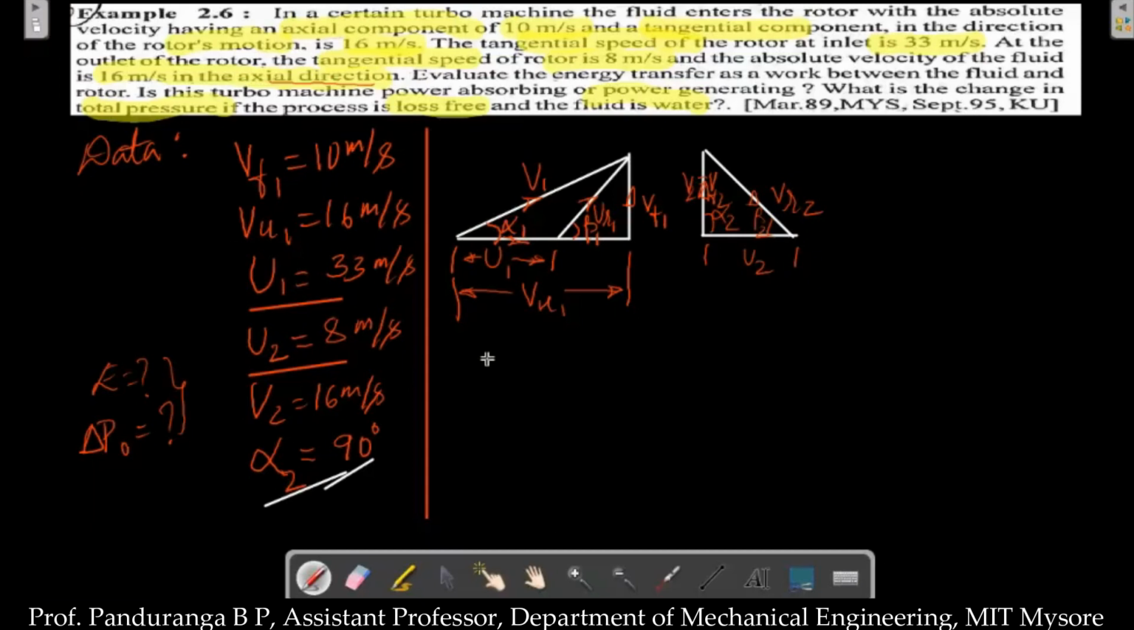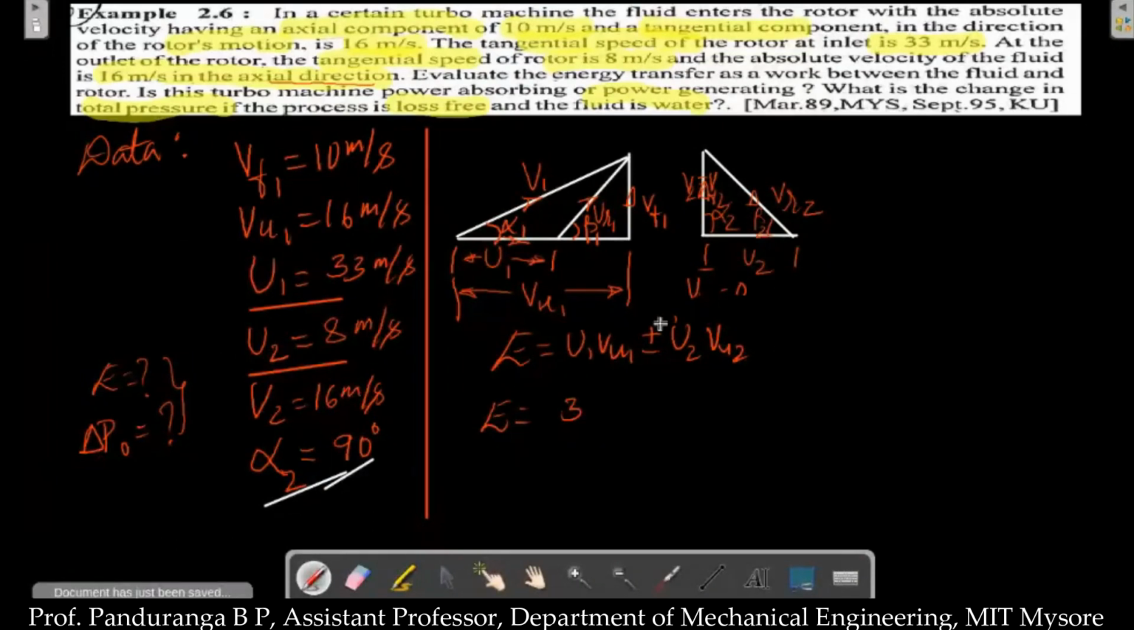We know that energy transfer is given by E equals U1 Vu1 plus or minus U2 Vu2. Here Vu2 is 0, because of that we don't have the second term. The energy is U1 Vu1. U1 is 33 multiplied by Vu1 is 16 meter per second. So energy transfer will be equal to 33 multiplied by 16 is